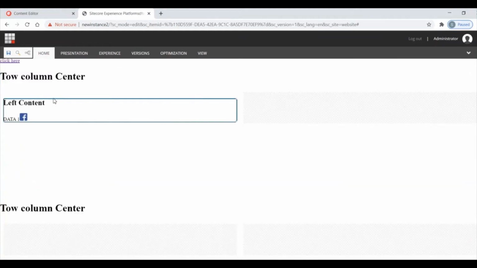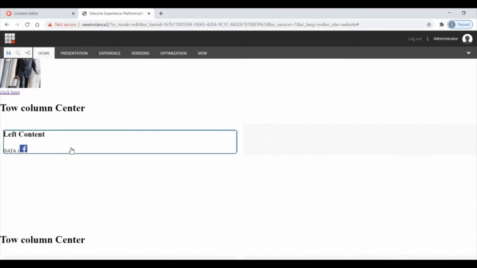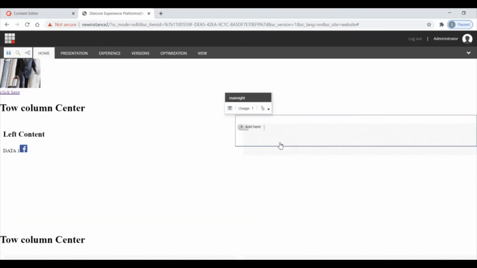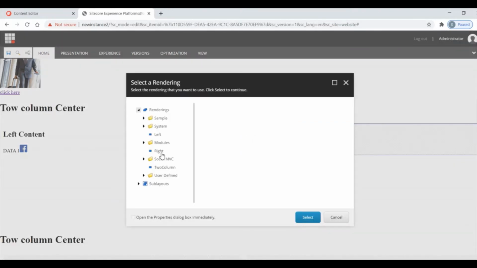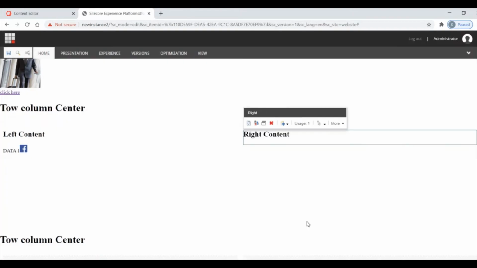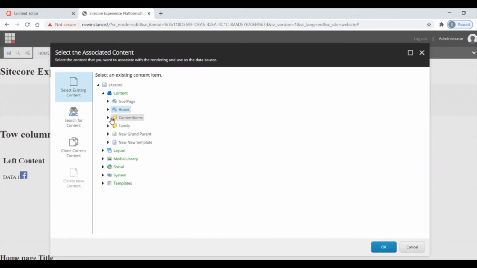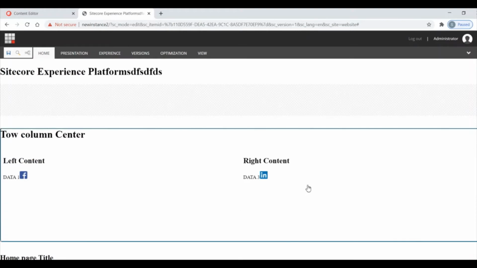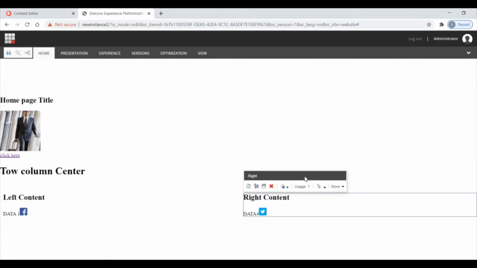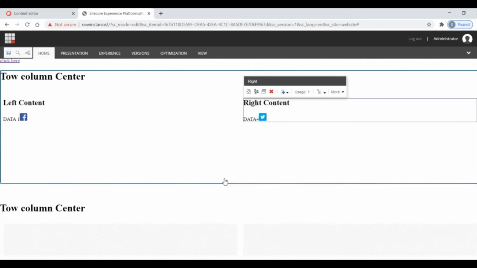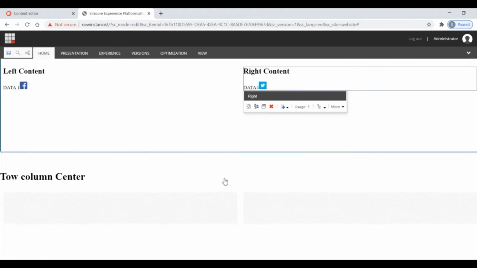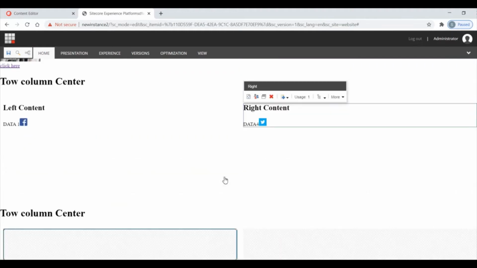Now see, the same left component is replicated. If I select a different component for the right component, I'm adding the right component. The moment I select the right component, it automatically loads the previous one. So now I am selecting and associating different content, maybe I am associating data 4. Now see these two components and the component below, the data source is different. So when I save, after save, let us see the difference.